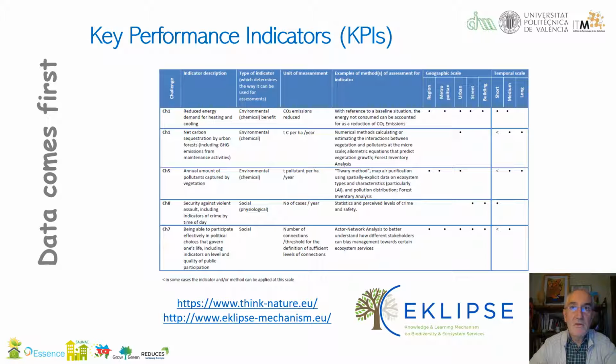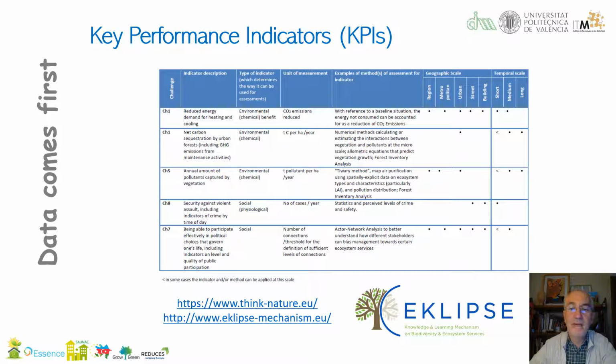Another approach, another way of aggregating the information, is establishing key performance indicators, because the ISO 37000 is very focused on the Sustainable Development Goals and related things, but for managing cities, most of the time we need further, more detailed information, especially related to natural parameters and the impact on nature of all these parameters, which most of the time are missing in the other standards.